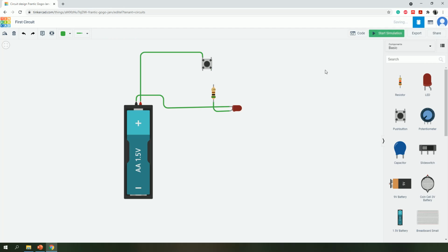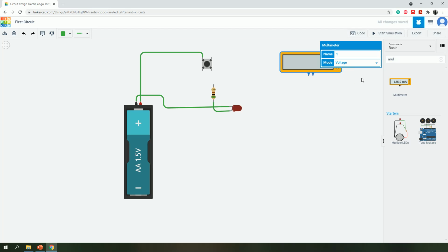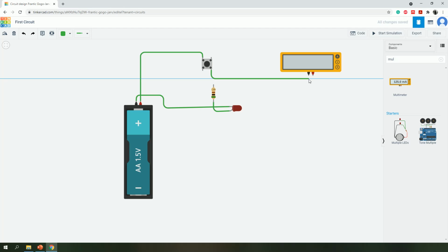So to do that, I'm going to bring in a multimeter. So this multimeter does voltage, current, and resistor. So this is a basic multimeter. So I'm going to find the current that is flowing through this circuit. So I'm going to connect it in series with the circuit. So I'm going to take that and run it